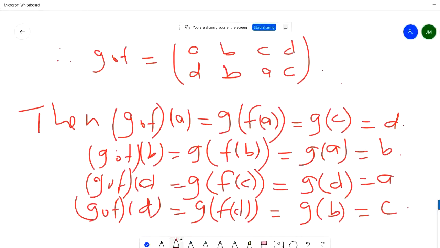So in the next 2 minutes, I want you to obtain the permutation of the composite F composite G. F composite G,